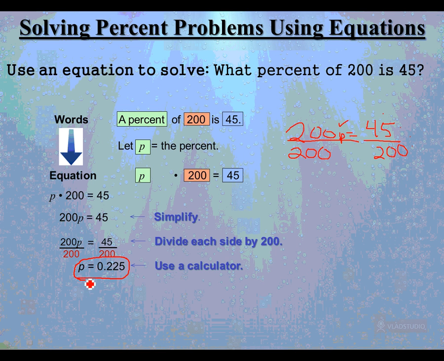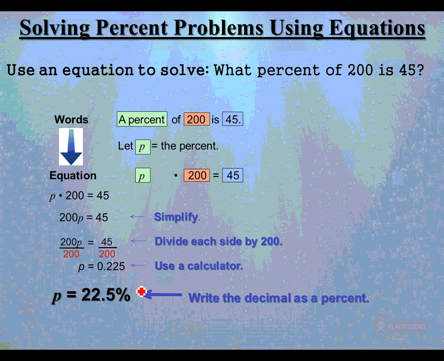And like I said, this is where you have to stop and think: I'm figuring out the percent. What did I get? I got a decimal. If you got a decimal, that means you have to change it back to a percent. How do you change a decimal into a percent? Well, when we changed it to a decimal, I remember we moved the decimal over 2 places to the left. So if we're going to move it back into a percent, we do the opposite, which is move it 2 steps to the right. And there you have it,